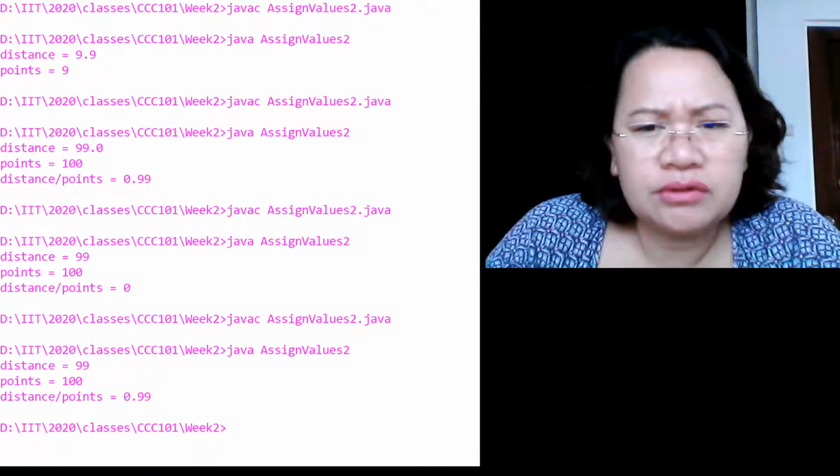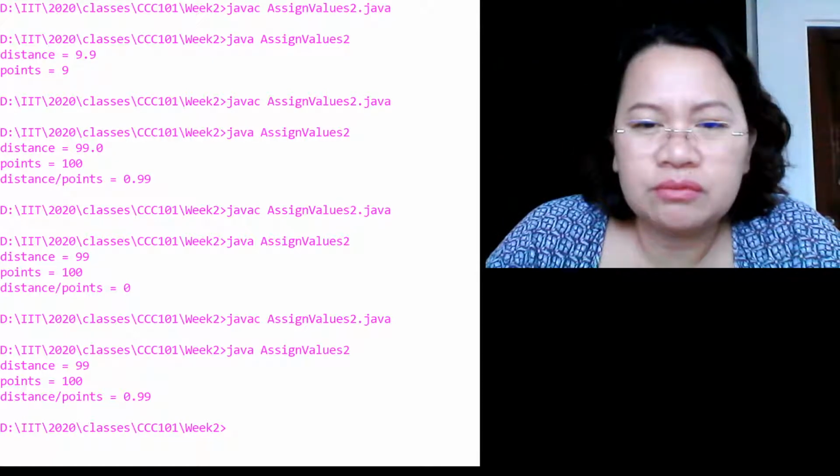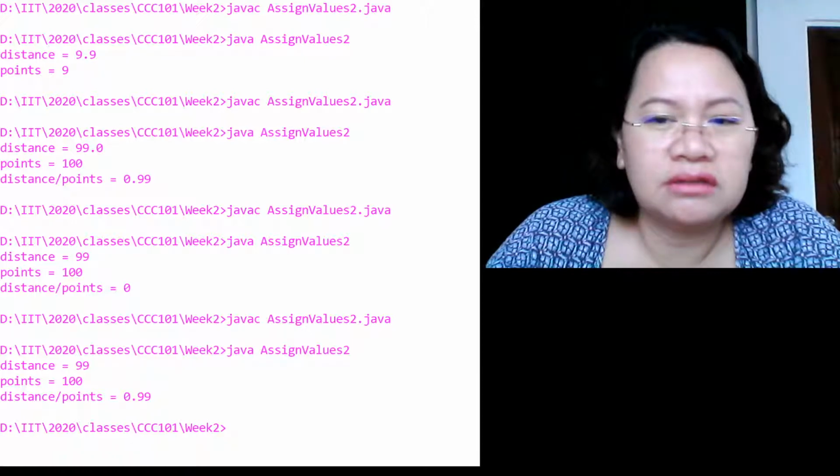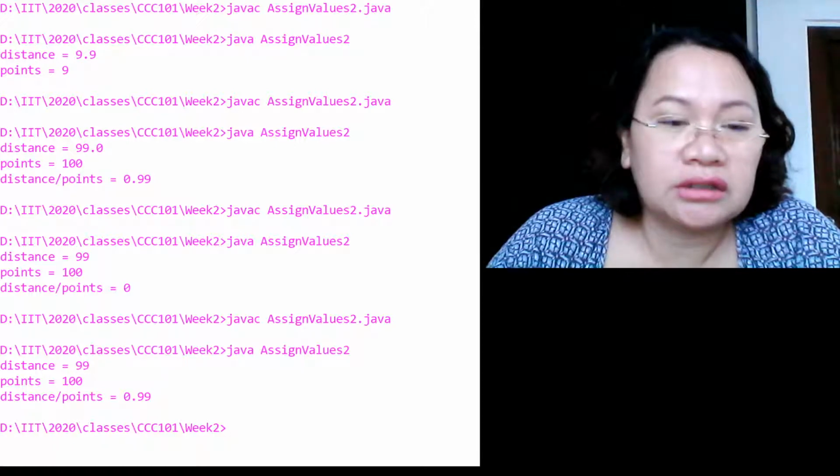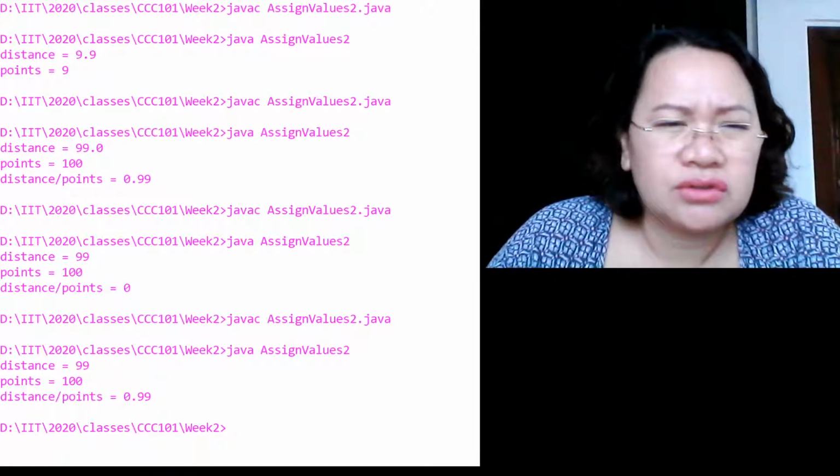So what are the uses? The uses of using mod: determining if an integer is odd or even, determining if an integer is evenly divisible by another integer or not. Okay, so